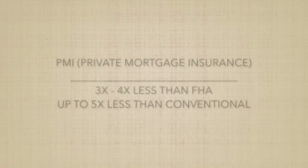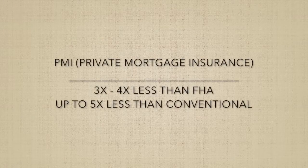What's the interest rate today on the HUD-184? Well, you probably don't know a lot about how that's put together because it's not all about interest rate. So PMI is what I'm referring to. PMI stands for private mortgage insurance. So with the HUD-184 program, it is